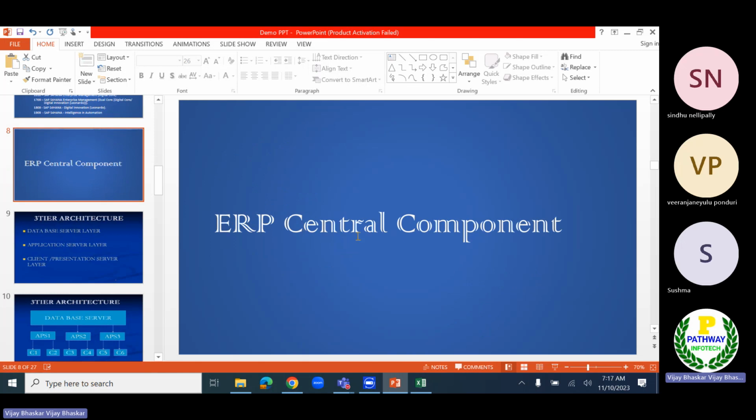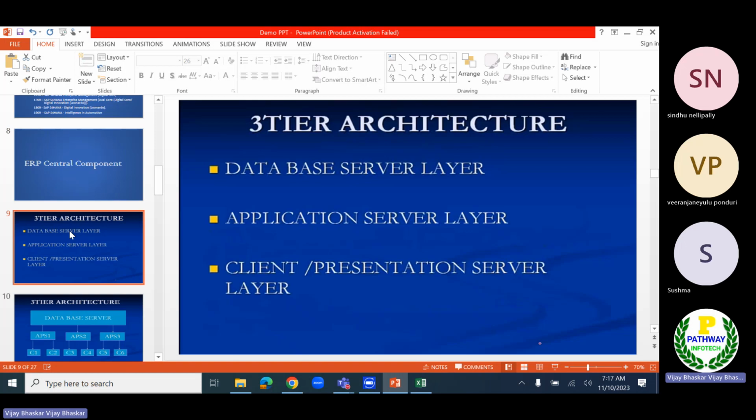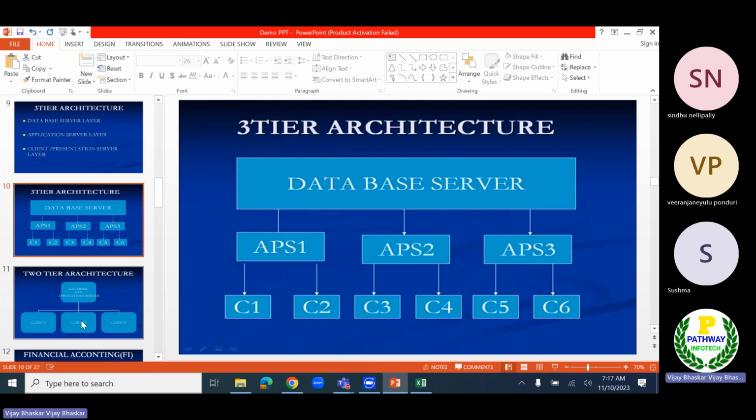Now, ERP is a central component. As I mentioned, this has the three-tier architecture. The three-tier architecture is nothing but a database server layer, application server layer, and central presentation server. Moving to here so that it will be easy to understand.